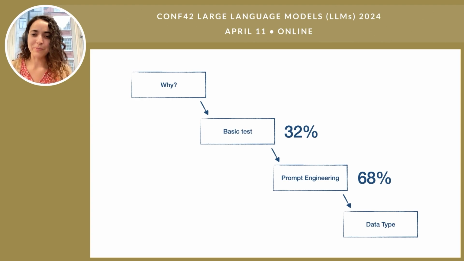We're doing pretty well, but 68% is still far from ideal. It's not that accurate in the real world. It's going to require some checking in the background because you're not going to be able to guarantee the results are correct. So 68% is good, but it's not amazing. Now the last stage is the data types. How does the data type affect the percentage of anomalies that OpenAI is able to detect?